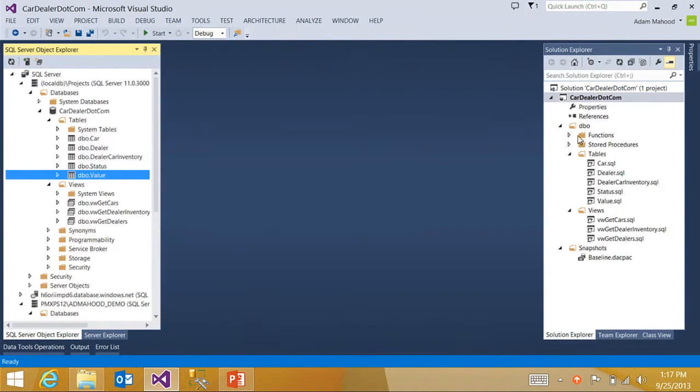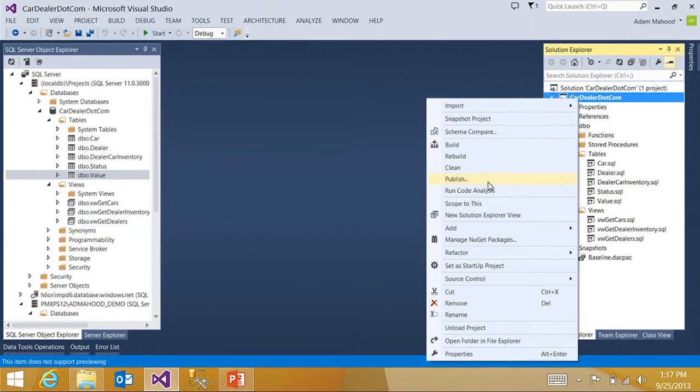There are a couple different ways that I could actually publish this project out. I could use schema comparison to do a targeted comparison and script change. I could take this DAC pack, create a new DAC pack, and deploy it via a variety of client tools. Or I could just do a direct project publishing, which is what I'm going to do here. So I'm going to right-click on this project, click Publish,